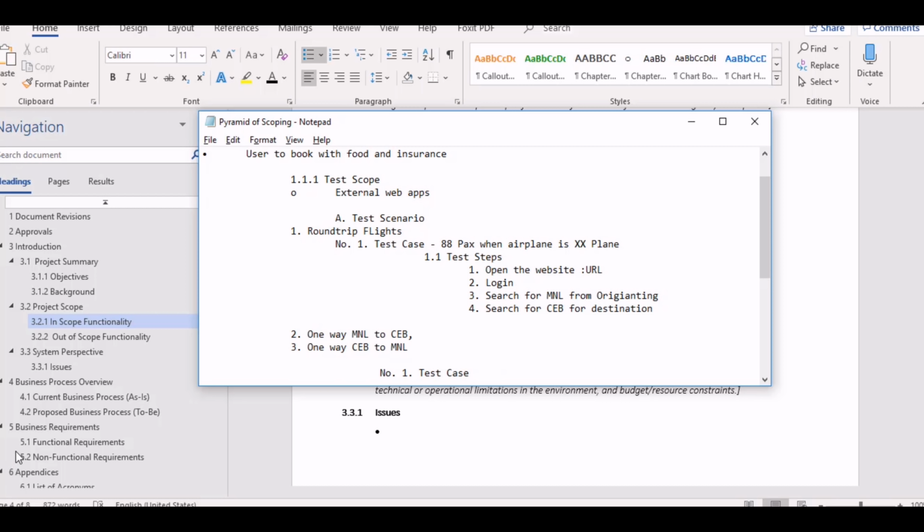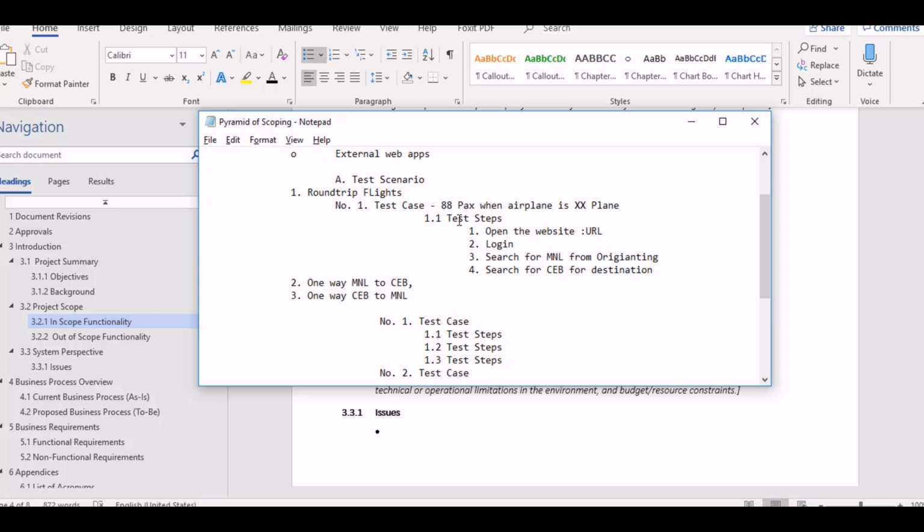So, ayan. Para mas malinaw siya. Para hindi nakakalito. So, test steps. So, sa test case number 1. Round trip flights. Okay. Book tayo ng 88. Okay? And then, book tayo ng 88 packs sa isang plane. Or 0. Pwede nating 01. Or 88 na lang. Tapos, sa 1.2